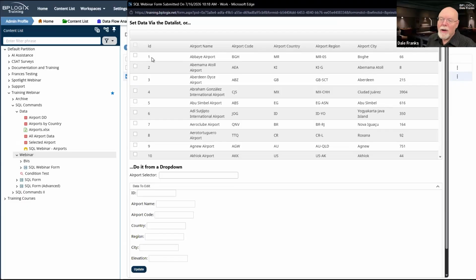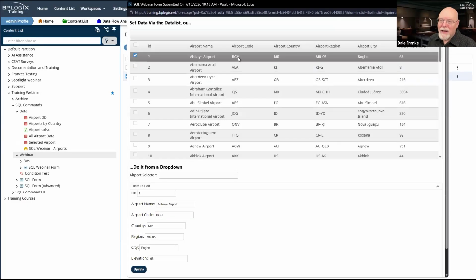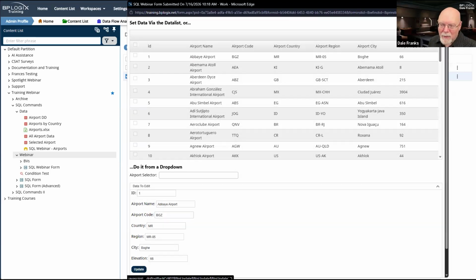So we'll go here to Abaye Airport, and let's say that I've put in the wrong airport code. So let's say I want to change it to BGZ as the airport code. So we're going to change that. And we're not going to change anything else. We're just going to hit update, and we're going to cross our fingers, and it worked.